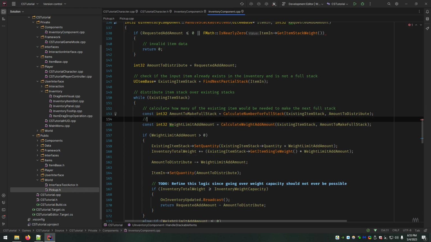That one's pretty self-explanatory. Weight limit add amount, calculate how many of the amount to make full stack can actually be carried based on weight capacity.